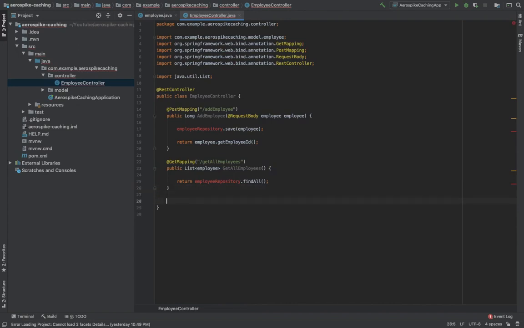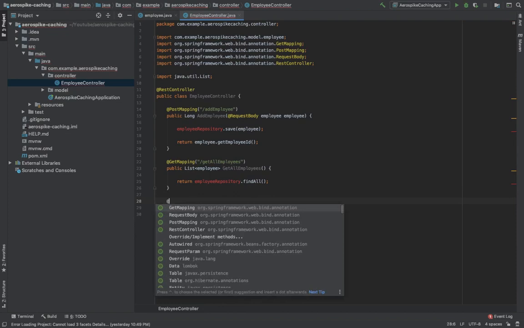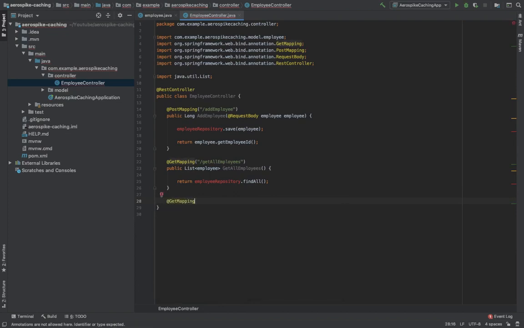Then the next endpoint will also be a GetMapping to get any specific employee by his employee ID. This method will return an employee object.